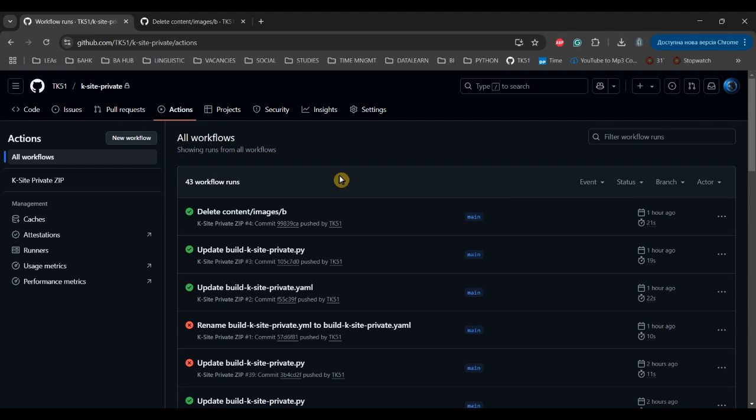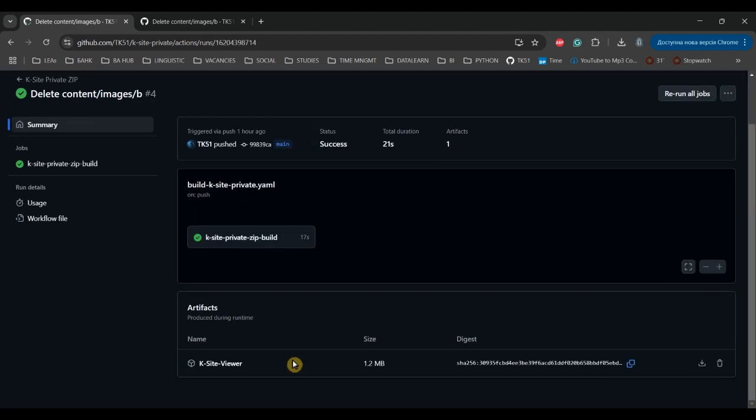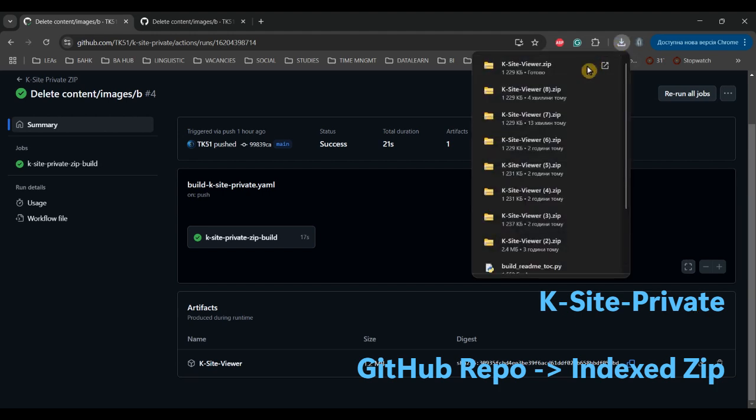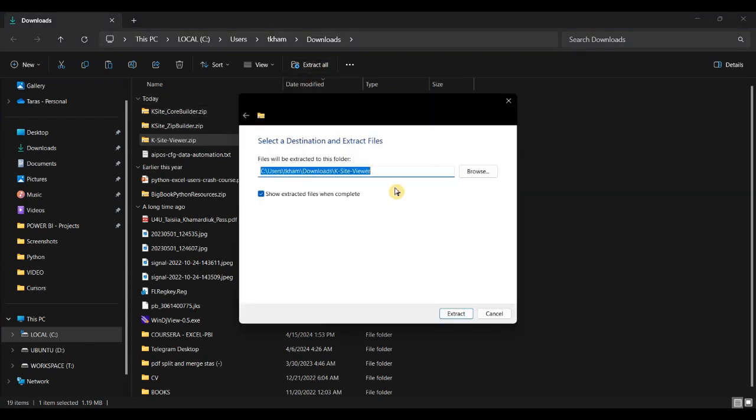All you need to do is just to update your content or several files in it. And once it's done, you will have an output like that, which is an indexed zip folder that would allow you to see what's inside once you unzip its content through